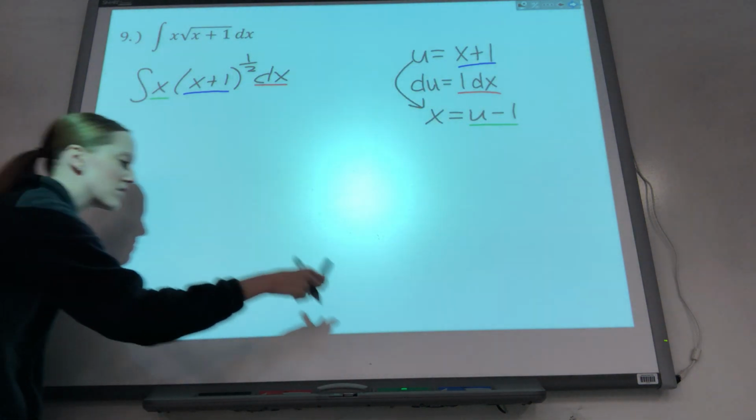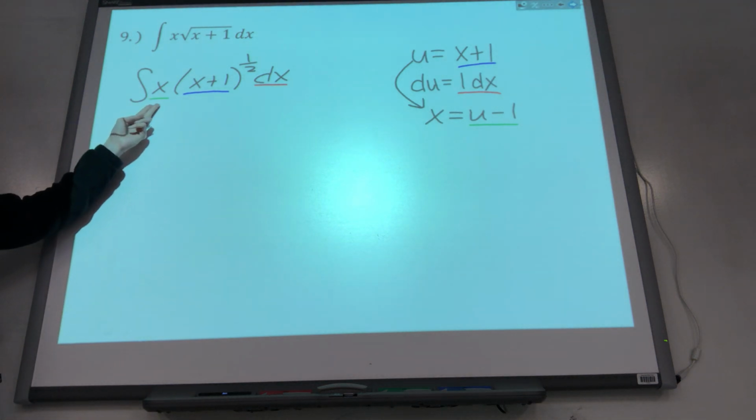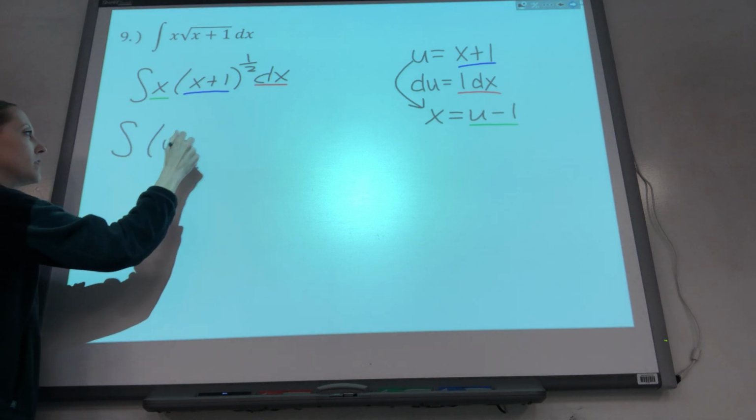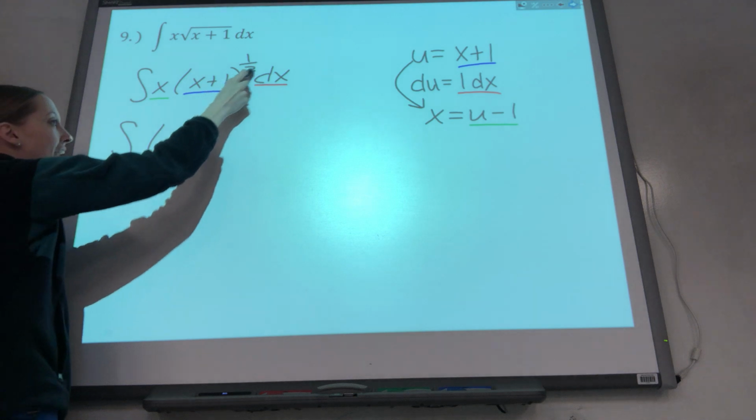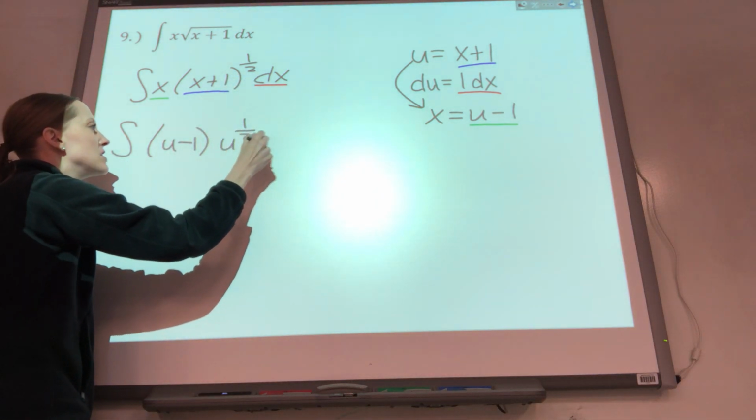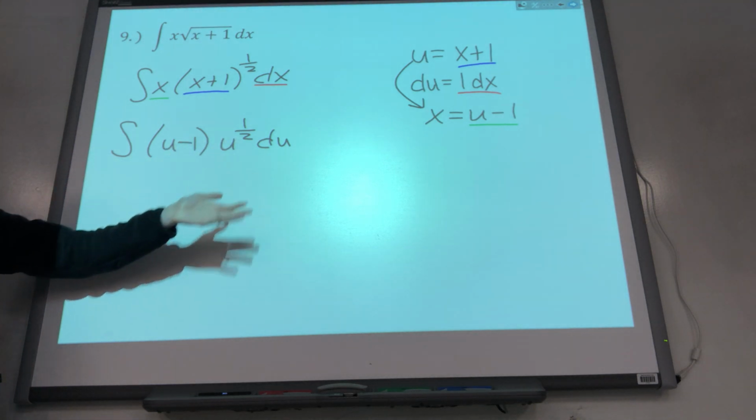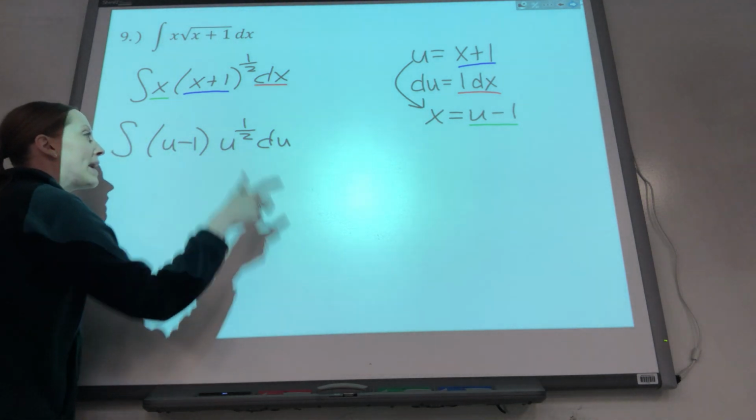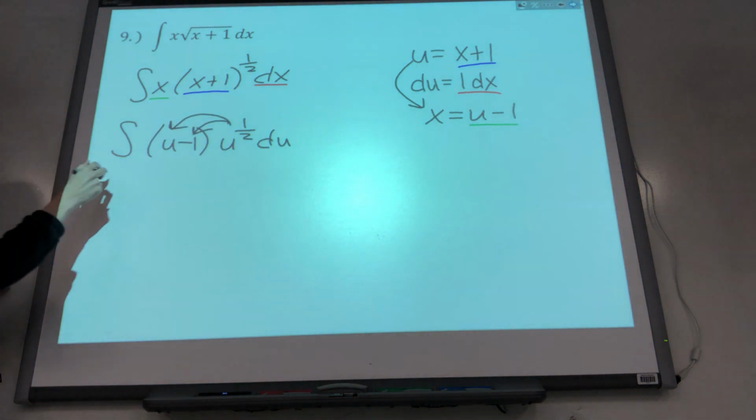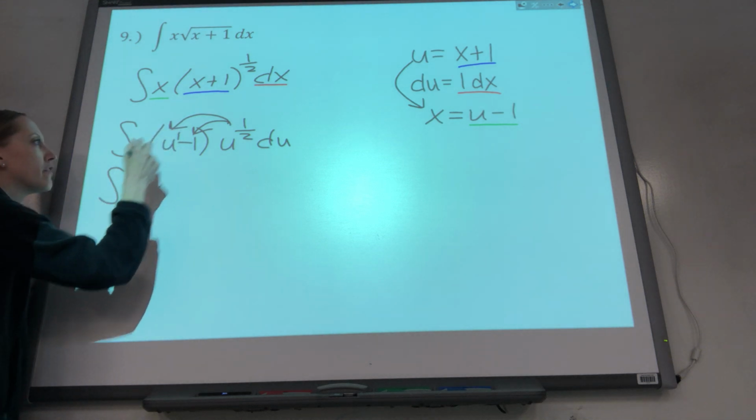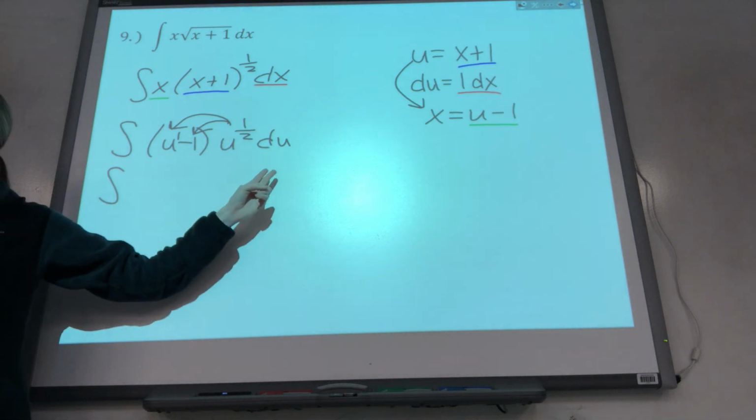I'm getting a lot of colors going on up here, but this is what it turns out to be. Instead of x, it's now the quantity u minus 1. And this, I can go ahead and rewrite that as u to the 1/2 power, du. Now, at this point, we can distribute to simplify this a little bit. If this is u to the 1st power, and I'm taking u to the 1st times u to the 1/2,